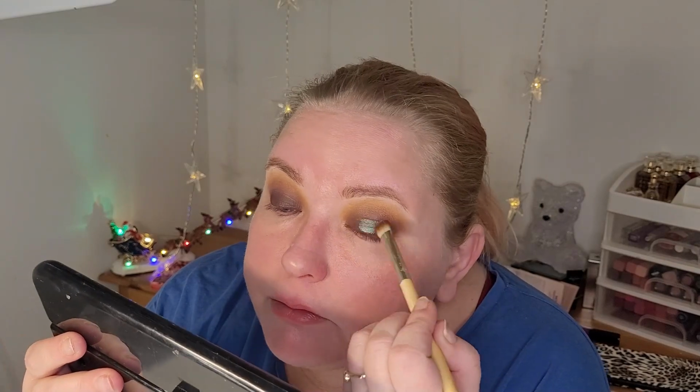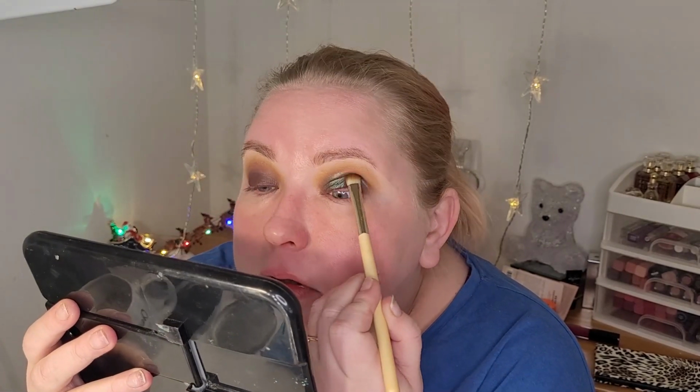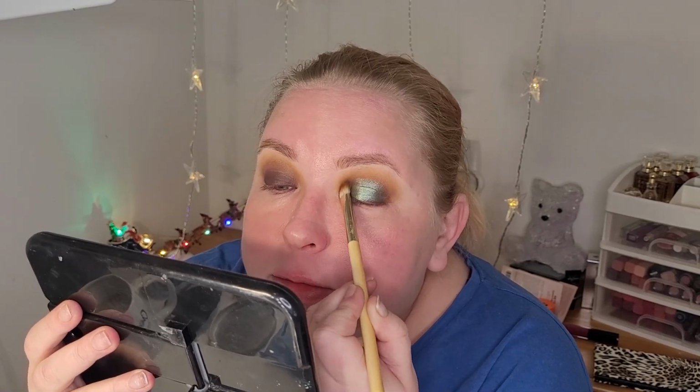So now I'll take the shade Narcissist, which is this kind of dark green, and wetting my brush. I think these are more like traditional shimmers, which is actually sometimes good with this kind of look. They're not super high shine or... Well, these are metallic, but...